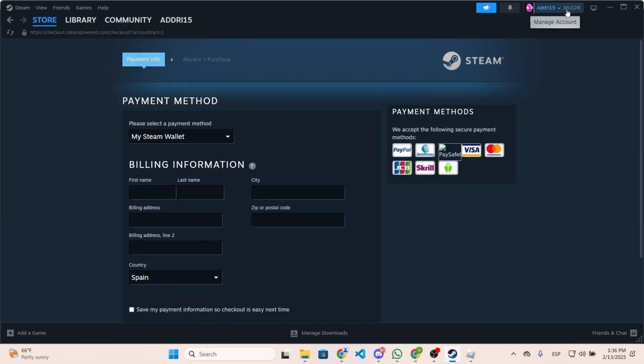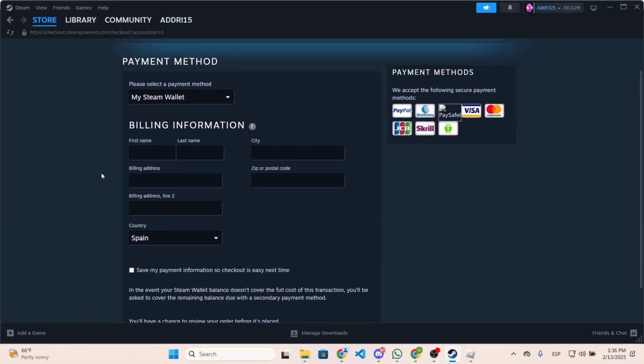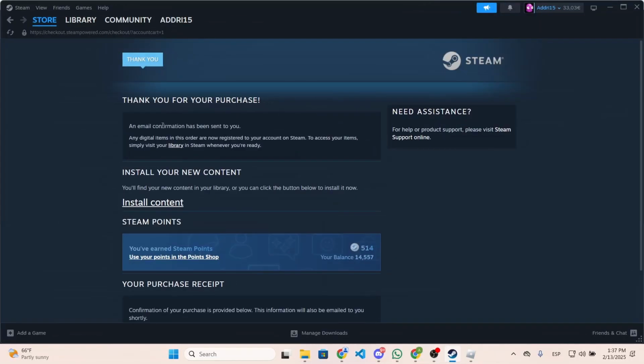As you can see, I have a Steam balance on my account, so I'm gonna use my Steam wallet, but you can use any of these payment methods. Then fill in your billing information, and after that you will have this confirmation message where you have a button